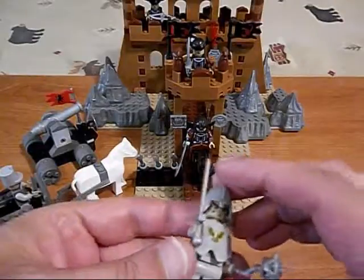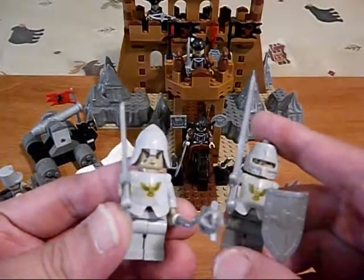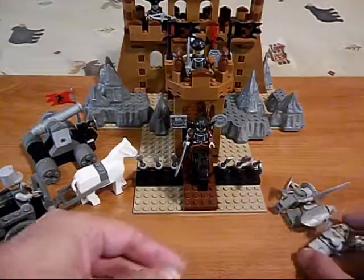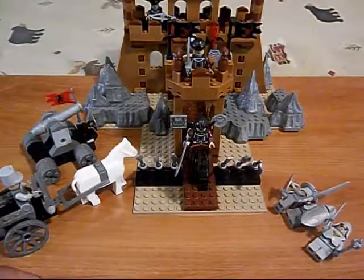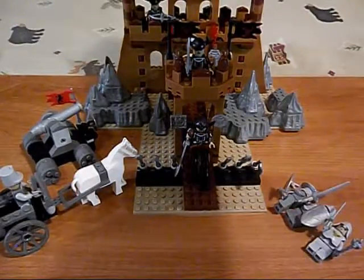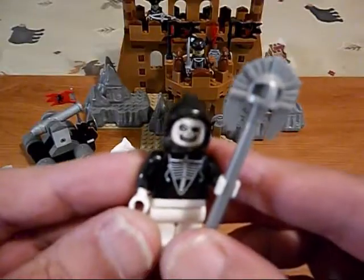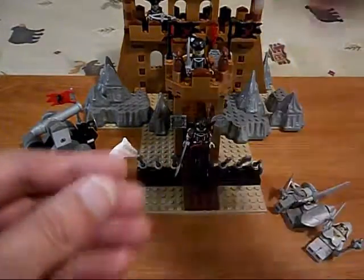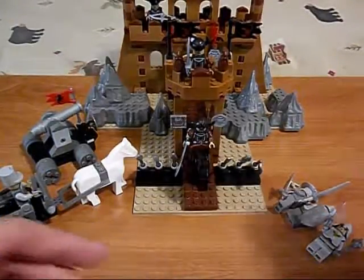We got our castle attackers here. I guess these are the good guys. And then we got our bad guys defending the castle with Skeletor, Death, whoever he is. This guy. So we get